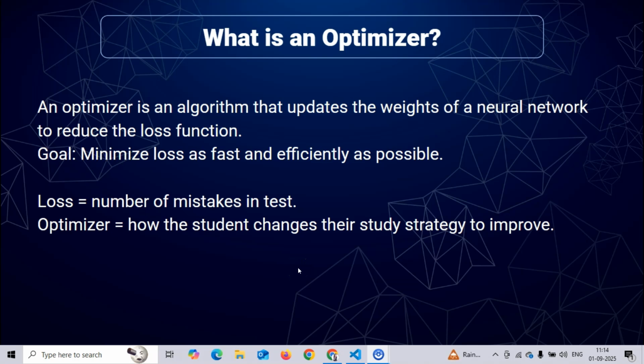Hi everyone, welcome back. So today we will start with the next part of our neural network, which is basically optimizer. So in the previous videos, we have understood what a feed-forward network is. We have understood what neural networks are. We have also created a small feed-forward network where we move only in the forward direction, which is basically passing the results and inputs from one layer to the next layer.